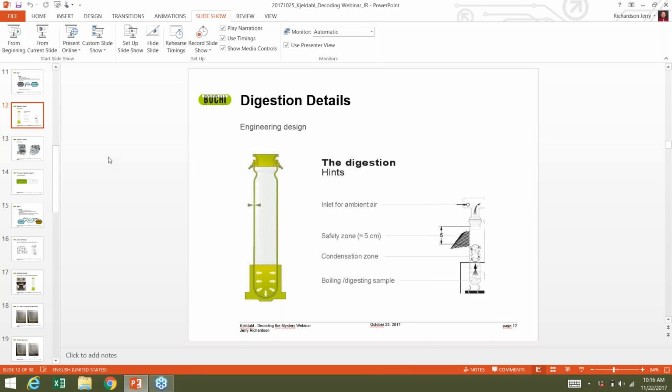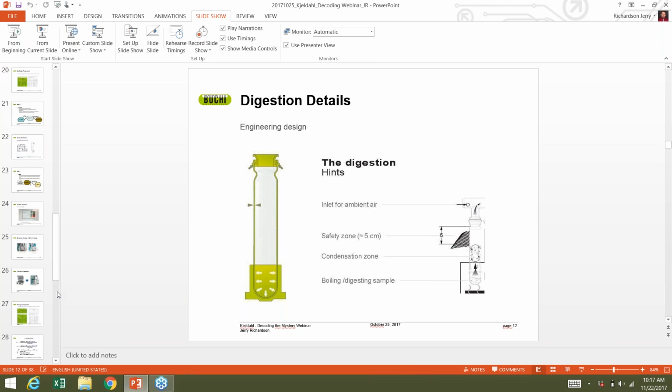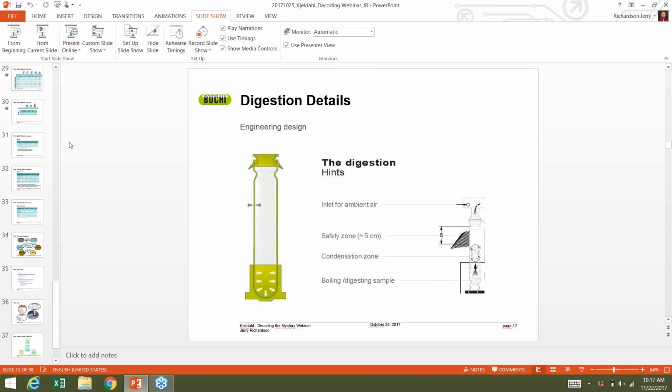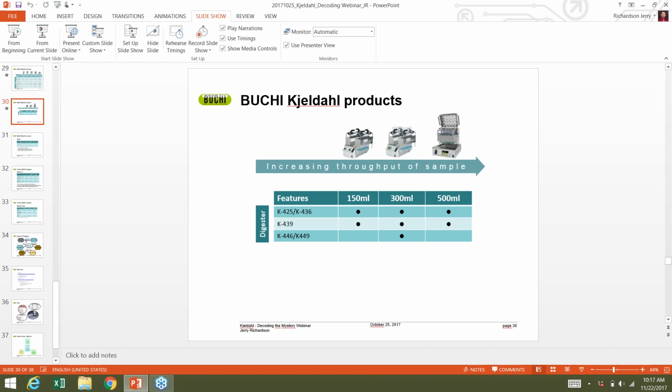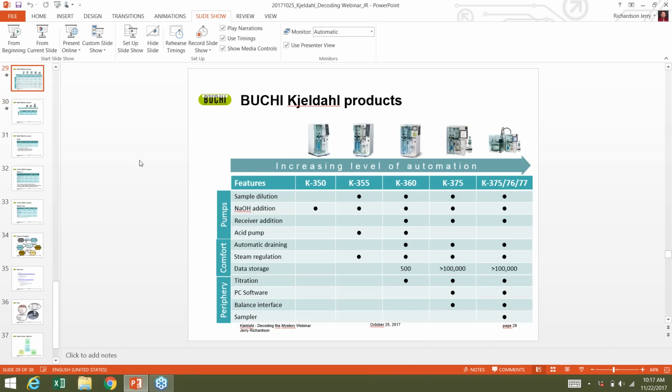Okay, so what are the maximum sample volumes that can be processed in the K355 and the K446? All right, so to do that, let me go back over here. The K446 is one of our 20 position systems, so your limit there is 20. However, the K355, what you see here, is a manual unit. Now the distillation commonly takes between 3 to 5, maybe 6 minutes, most commonly somewhere between 3 and 5. But the maximum number of samples, maximum sample volumes,